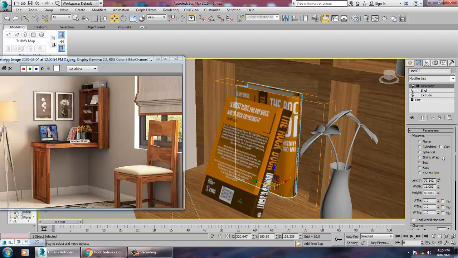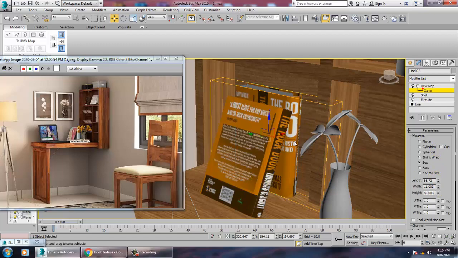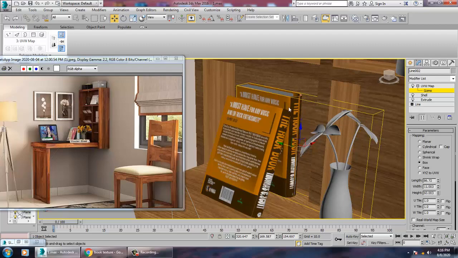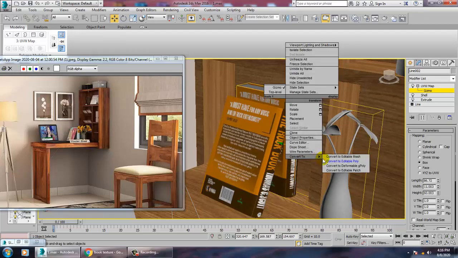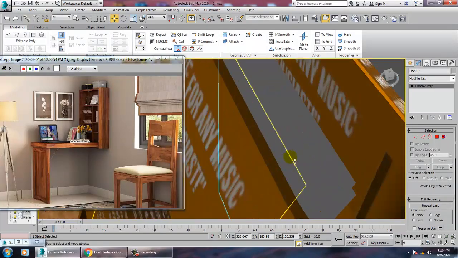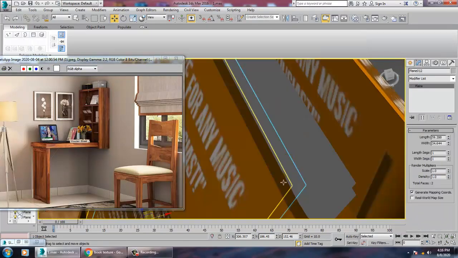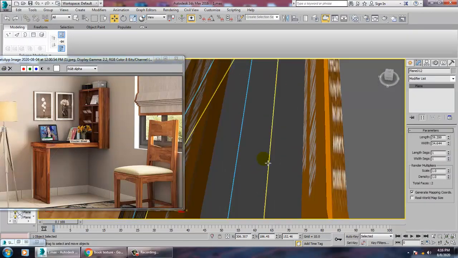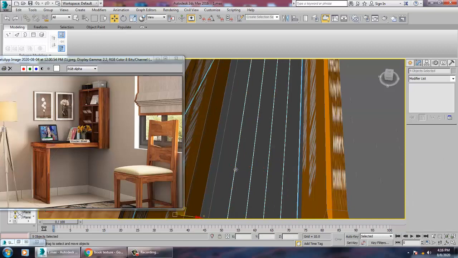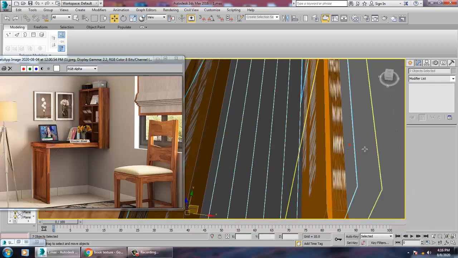You can increase this, go into this gizmo and just push it in this way. Much better. And convert to editable poly. Inside that, you can see these are the pages over here. So you can just select all of these pages.